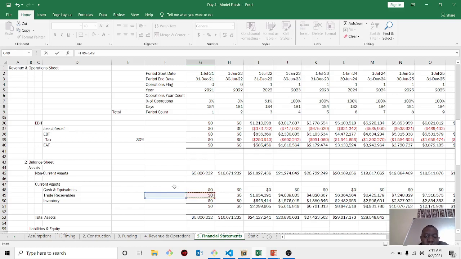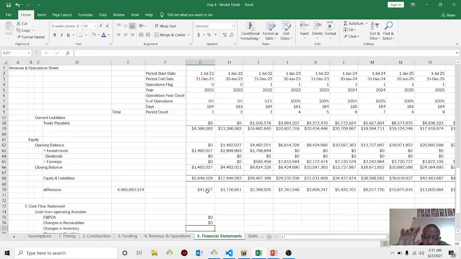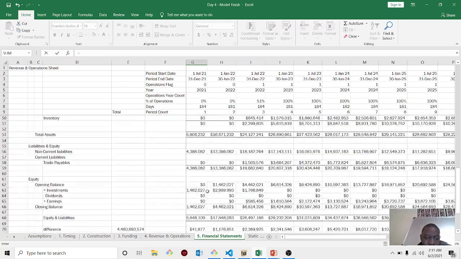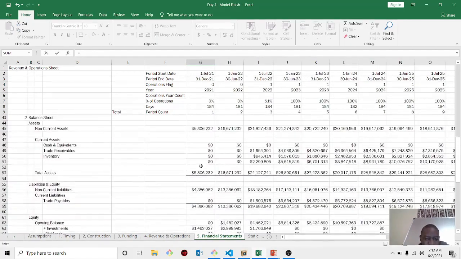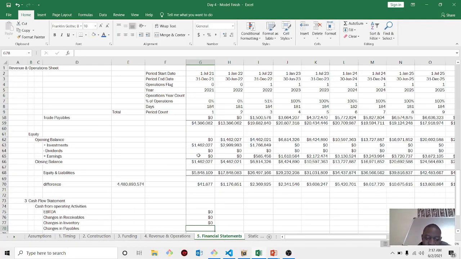If the balance last month was say 100,000, but this month it's 50,000, it means people paid us, which means if we take this minus this, we've got an inflow of 50,000. Check. Next, inventory is the same logic: if we had inventory of 100,000 last month and we've got 50,000 this month, people paid us. Check. But for payables,